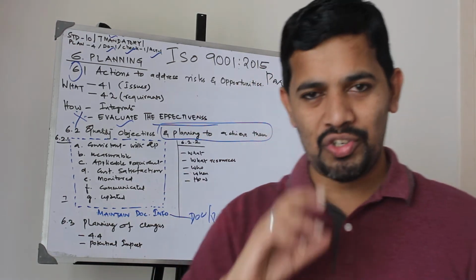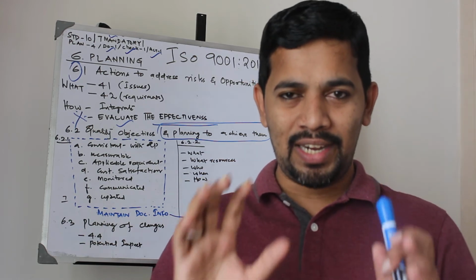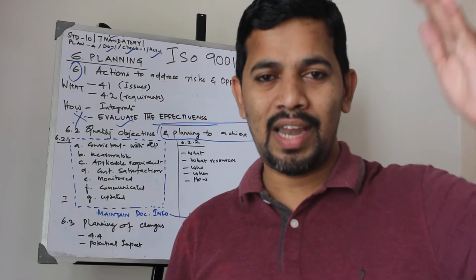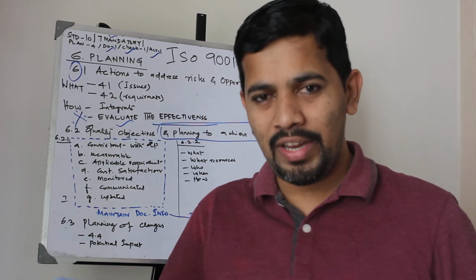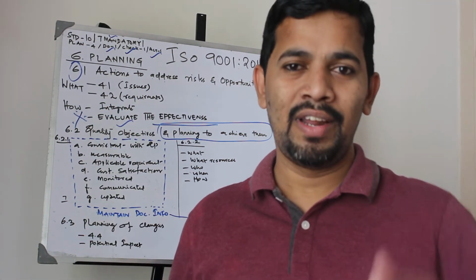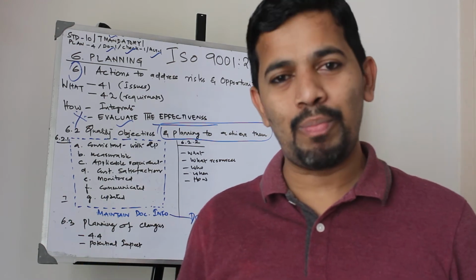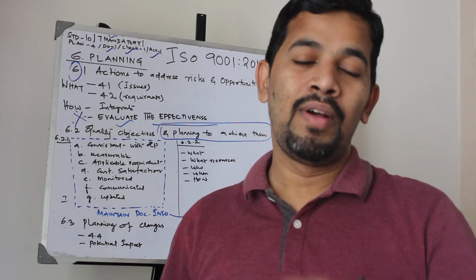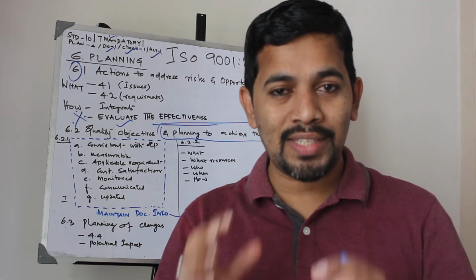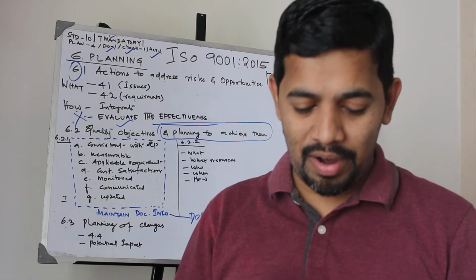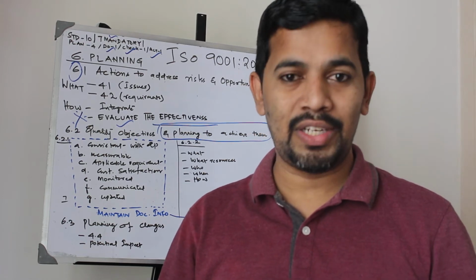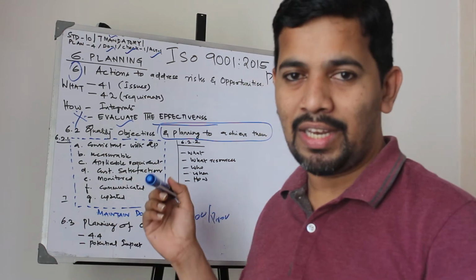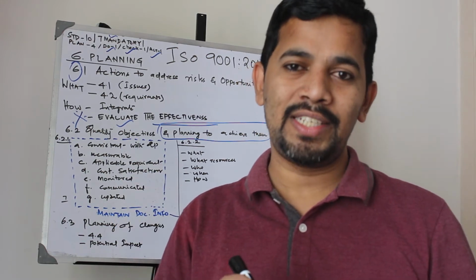Just to go back to the structure, in the structure there are 10 classes, you all know, and 7 classes are mandatory, class number 4 all the way to class number 10, from the context of the organization to improvement. In the plan section, there are 4 classes: context of the organization, that is 4; number 5, leadership; number 6, that we are seeing now, planning; and number 7, support.